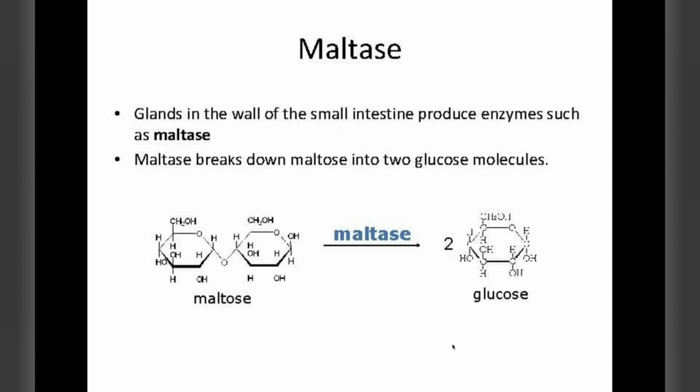So you can see that the small intestine walls have certain glands which produce enzymes known as maltase. So you can see that maltase will break down maltose into two glucose molecules. You can see that in the figure, in the maltose structure. Then maltase above the arrow, which is the enzyme, helps in breaking down maltose into two glucose